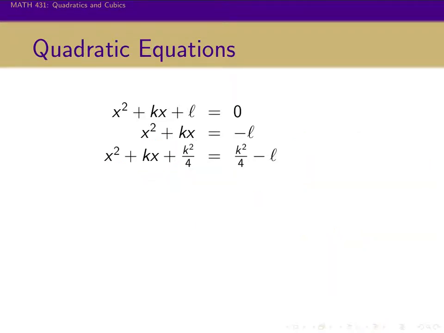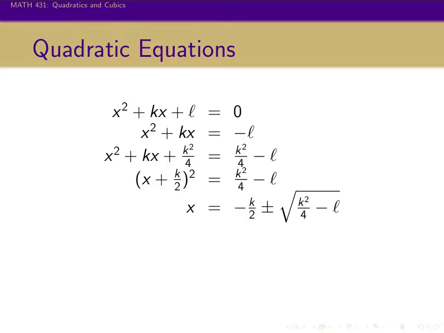Okay, and so we add the k²/4 to both sides. Now the left side with the x we can factor, and so this is going to factor to (x + k/2)². Let's make that look pretty. And now we can take square roots on both sides and solve for x. So take square roots on both sides, move the k/2 over to the other side, and we get that our solutions for x are minus k/2, and then because we took the square root, remember there's both the positive and negative roots, so we get plus or minus the square root of k²/4 minus